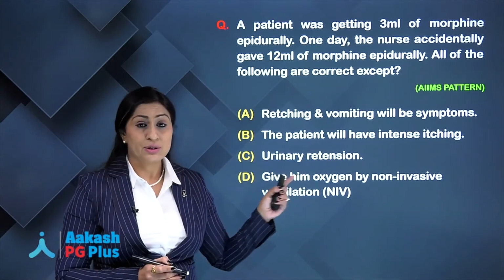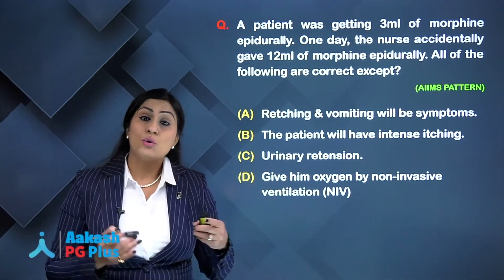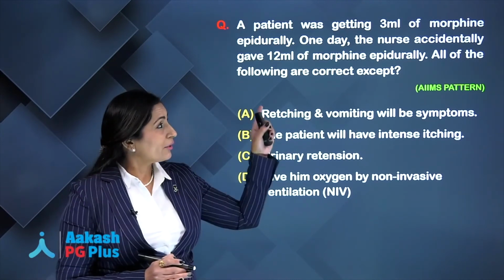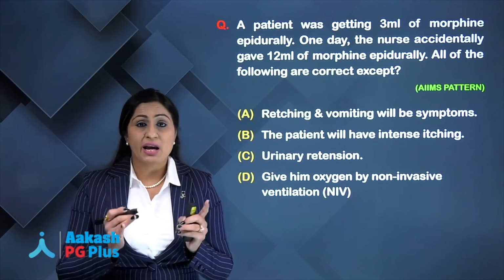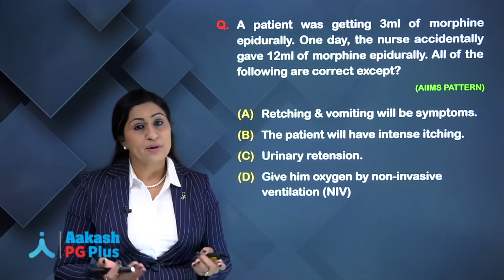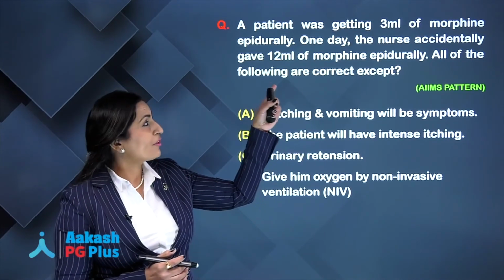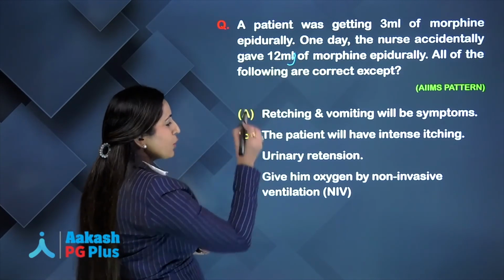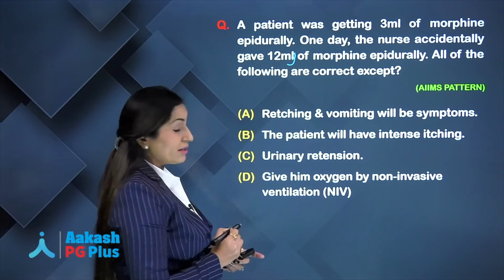Urinary retention. As I have already mentioned, urinary retention will occur in a patient who has got any neuraxial block, right? It is not just because of the opioid drug, right? Since S2, S3, S4 are getting blocked, urinary retention will occur because of the local anesthetic effect and not because of the epidural opioid. So morphine 12 milligrams is not going to make that difference here. So that is the answer, I guess.